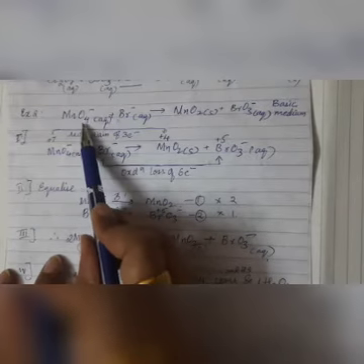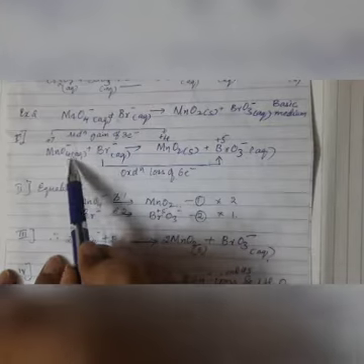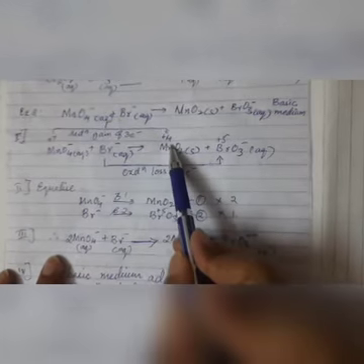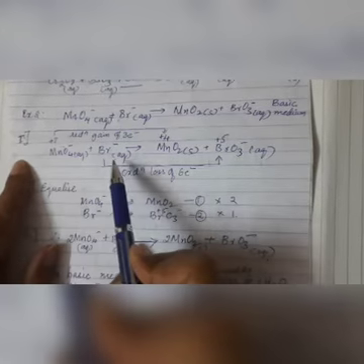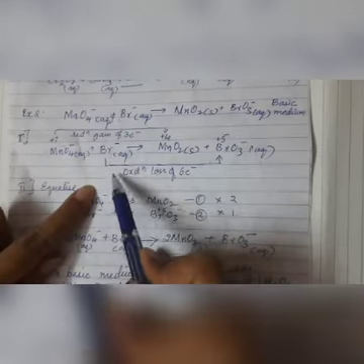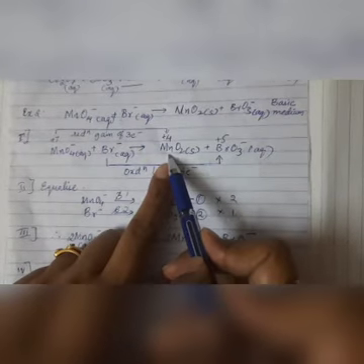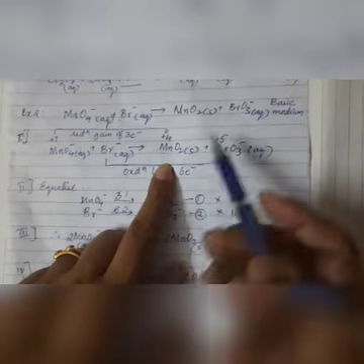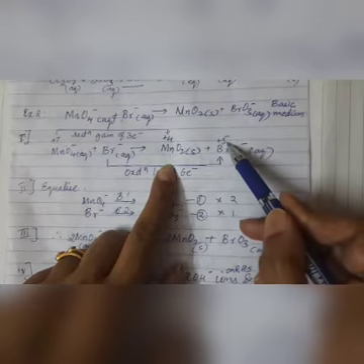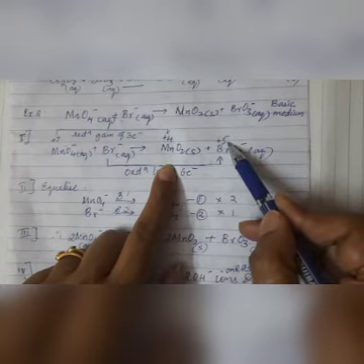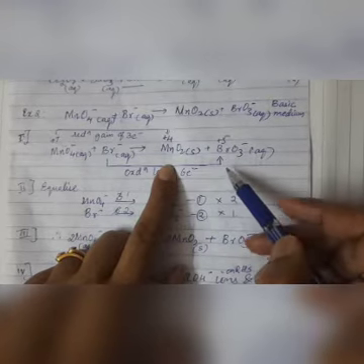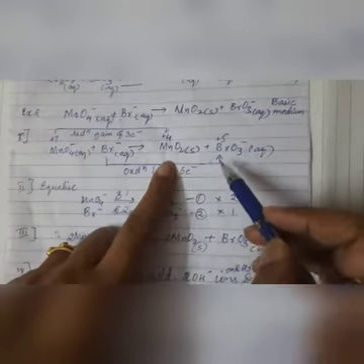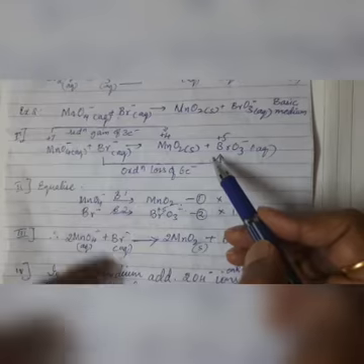Now, after taking the skeletal equation, we are going to assign the oxidation numbers of each of them. So here in MnO4 minus, Mn is in the +7 oxidation state. Br is in the -1 oxidation state. On the product side, Mn is in the +4 oxidation state and Br comes out to be in the +5 oxidation state. So we need to check the oxidation state of each of these elements. We have already studied assigning the oxidation number, so based on that, we have to assign the oxidation number.